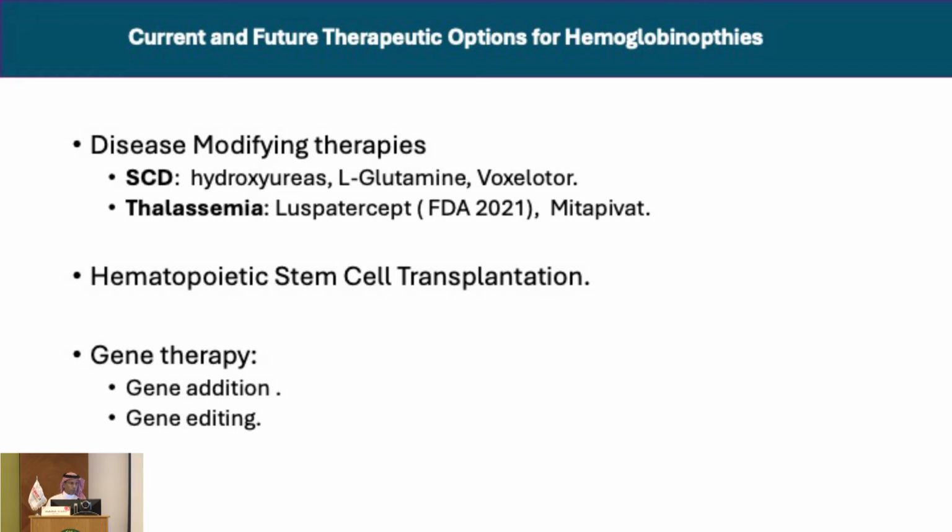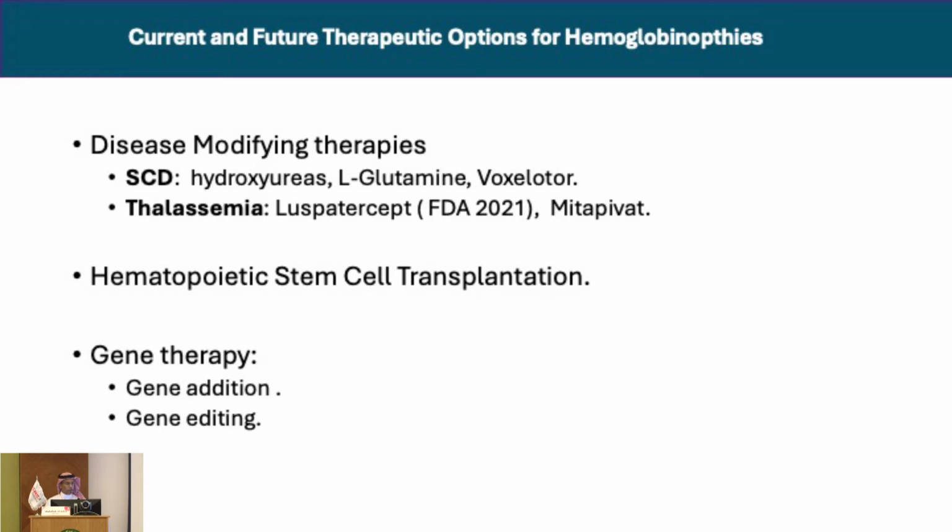And we have examples of successful people who are leading normal lives by taking regular transfusion and iron chelation. Sept is another medication that is approved to decrease the number of transfusions. Mitapivat is another one to reduce hemolysis. It's going to be soon a regular medication for the disease and other hemolytic diseases.